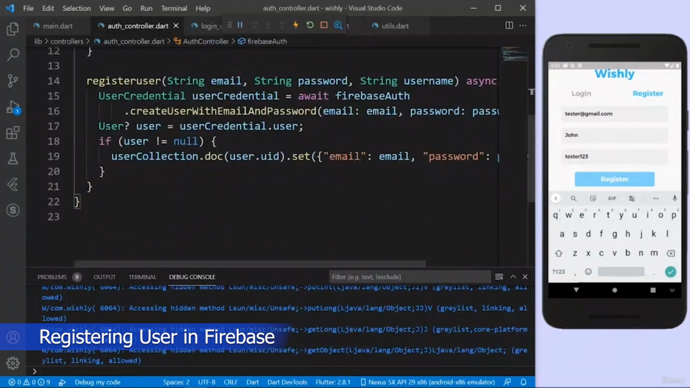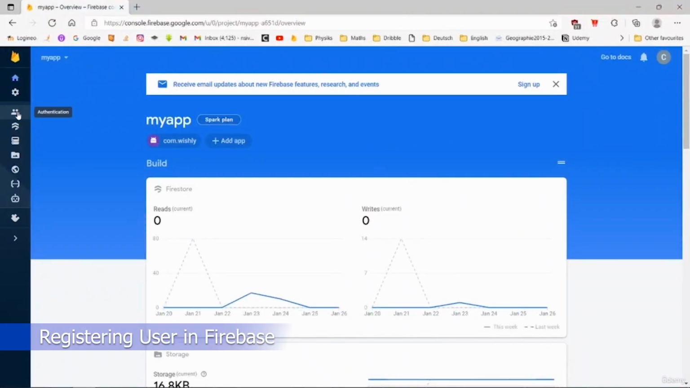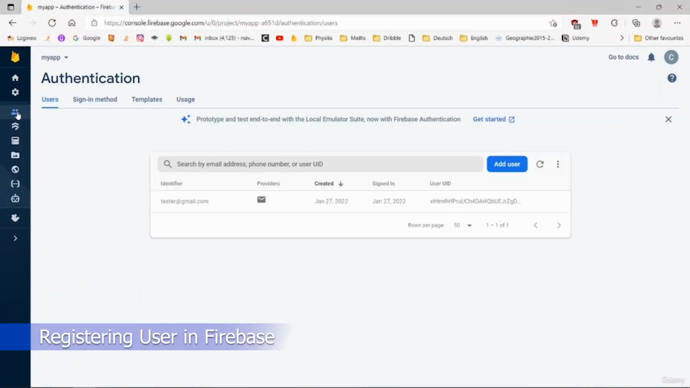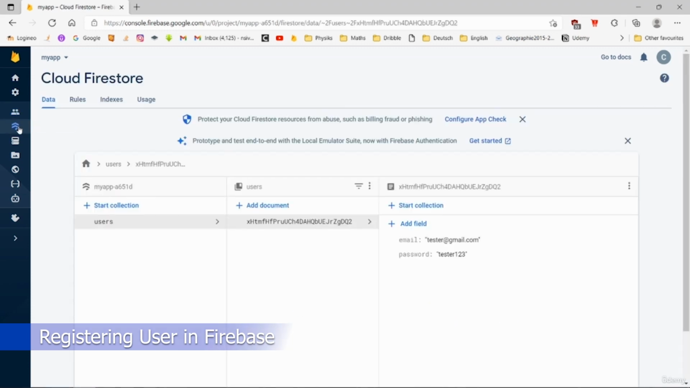the register user function. And let's go to our Firebase console and see if the user is registered there. Let's go to authentication and see if we have any user. There you go, tester@gmail.com, created at this time and signed in like this. Okay, and this is the user UID. Let's go to Firebase database and see if the user data is collected. There you go. This is my unique ID, this is my document name, and then I have email and the